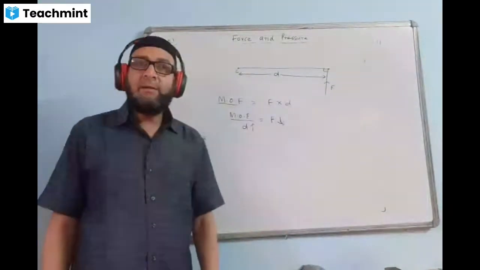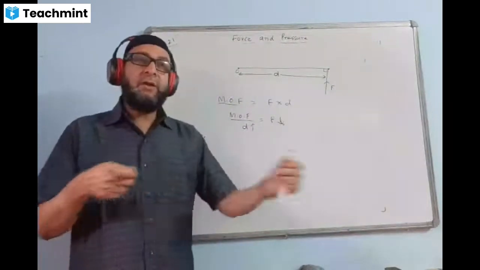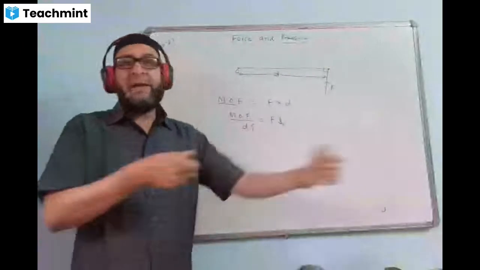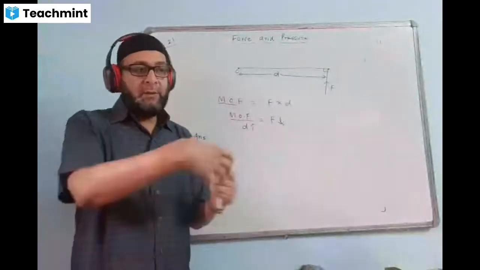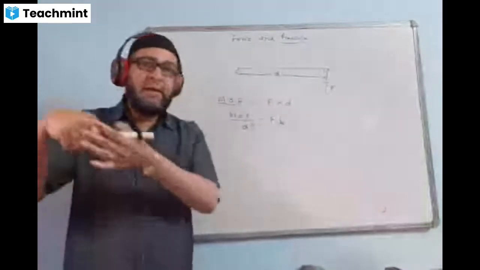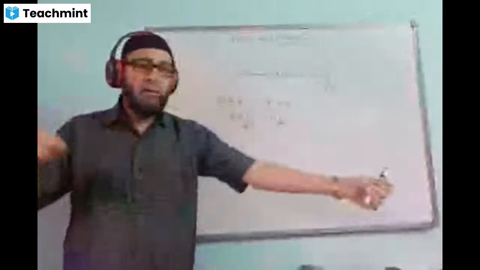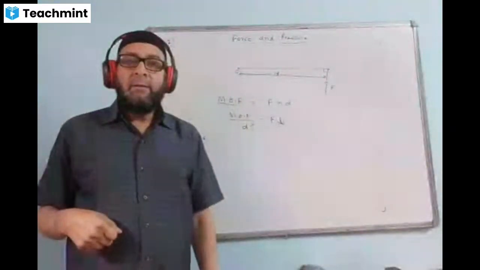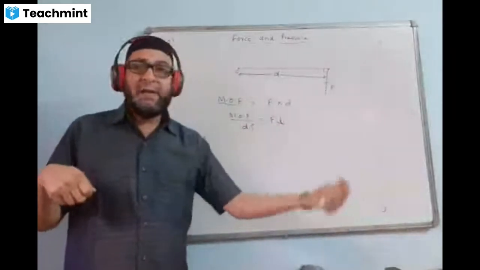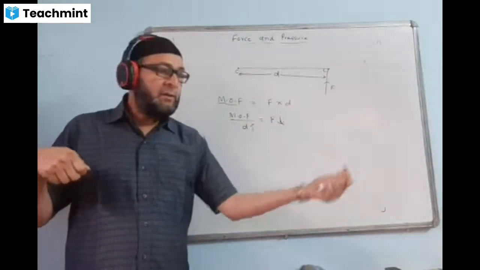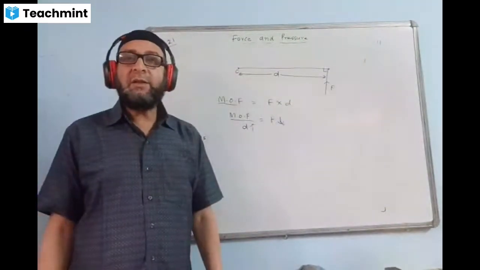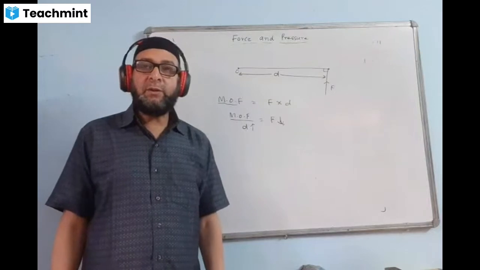Have you seen a jack? For changing the tire of a car, they use a jack, and a jack is a kind of screw only, which is turned by a long handle. There is a long handle provided to turn the jack like this. Because when the distance is more, the value of force required to turn the jack will be less. And we can easily turn the jack and lift the entire car in order to change the tire when it gets punctured.